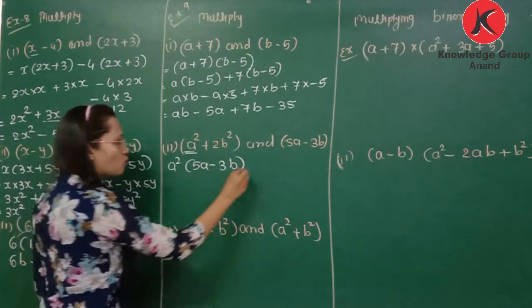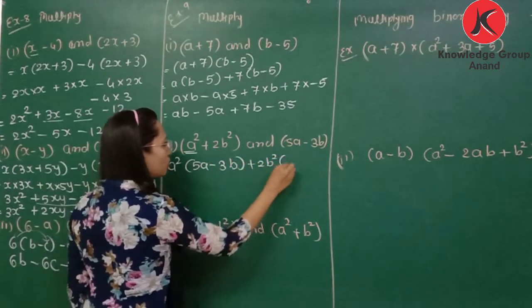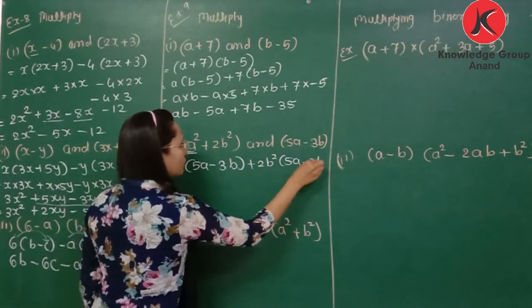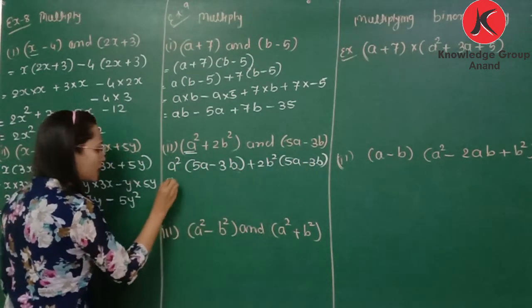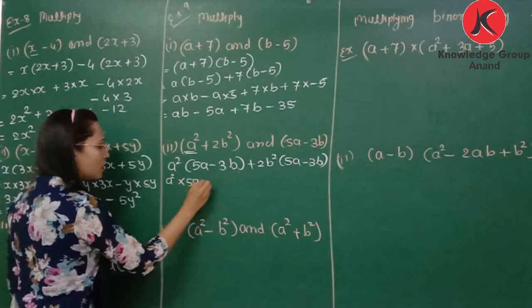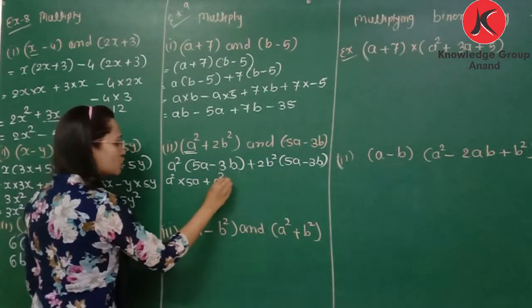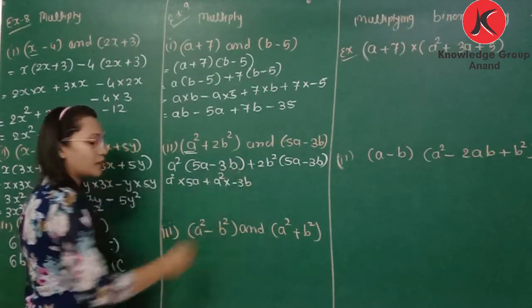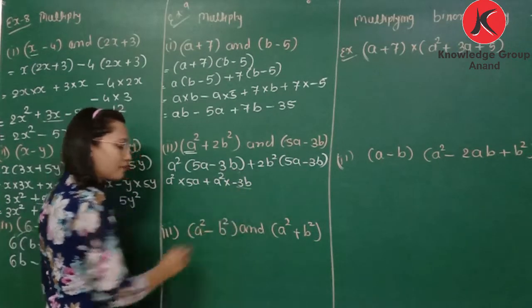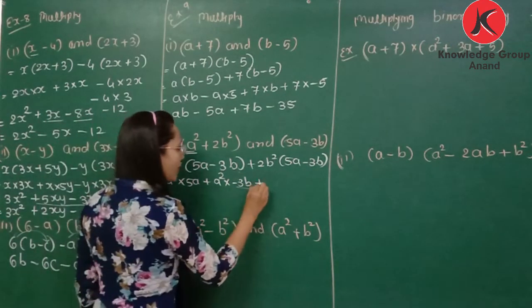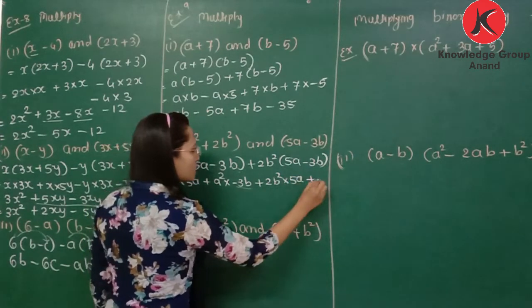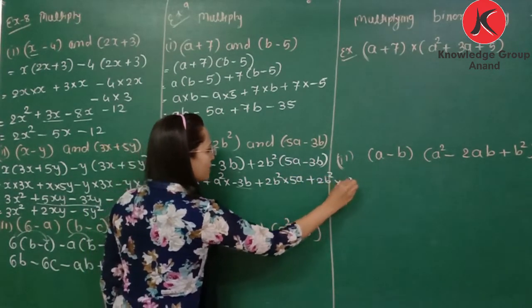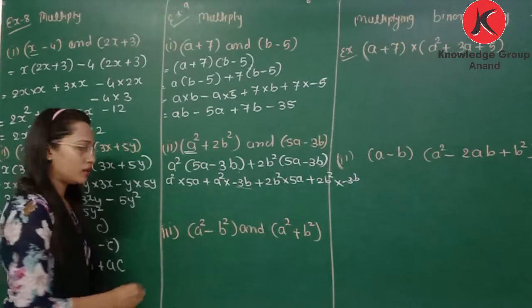And plus 2b square is multiplied with the whole bracket. Now multiply a square with the whole bracket, so a square multiplied by 5a minus, plus a square multiplied by minus 3b. Here minus 3b is there, so we write minus 3. Plus 2b square multiplied by 5a plus 2b square multiplied by minus 3b. Now